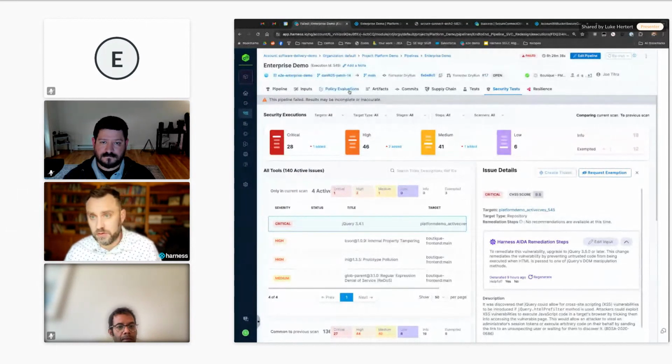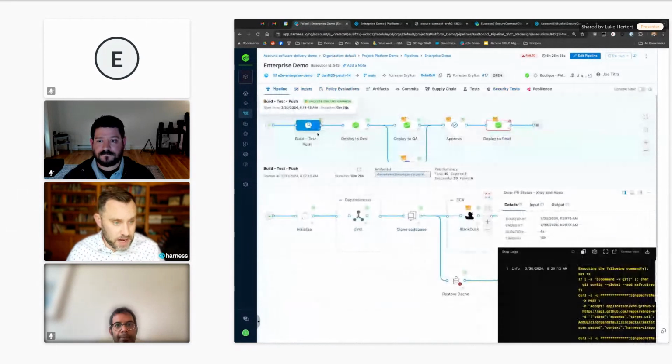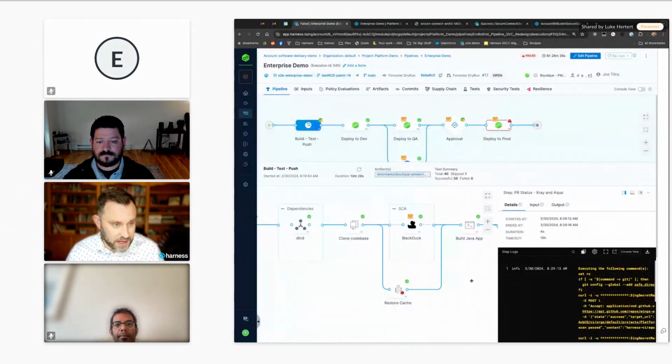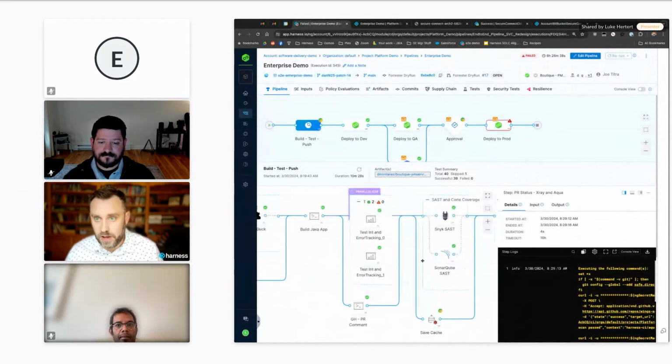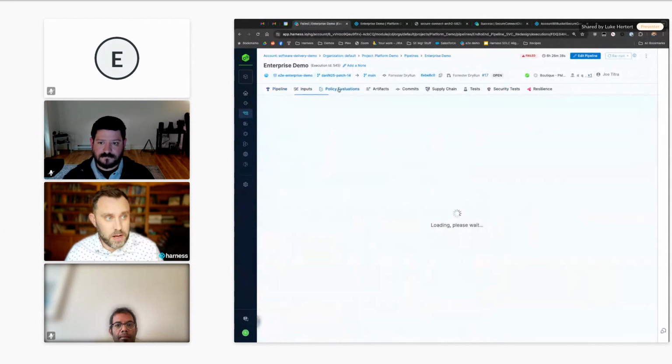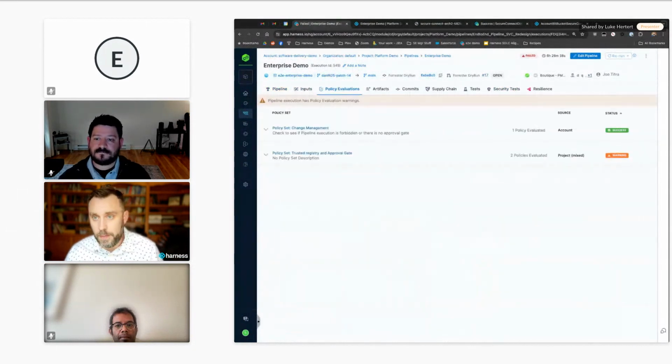Another aspect is, let's say I've given people the keys to the kingdom to build their own CI pipeline. How do I make sure that they've got my Black Duck scan or Snyk scan or SonarQube or OWASP scan or my Seeker check in there? This is where Harness has built in what we call Open Policy Agent.